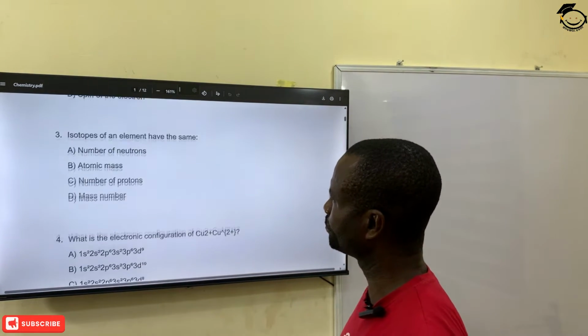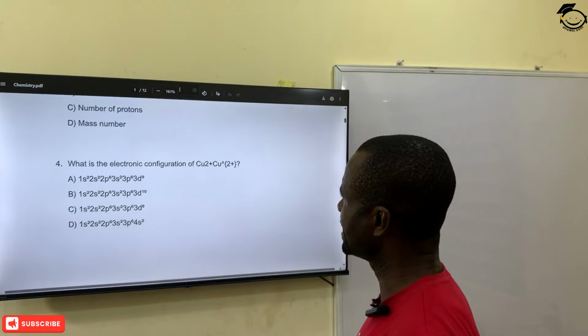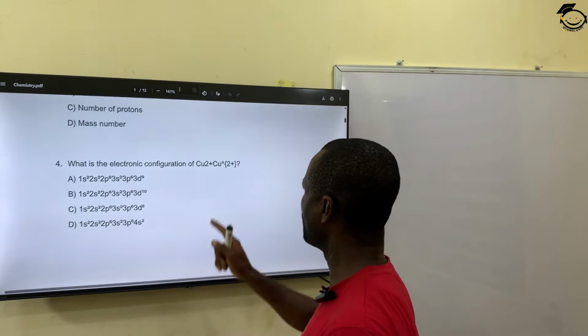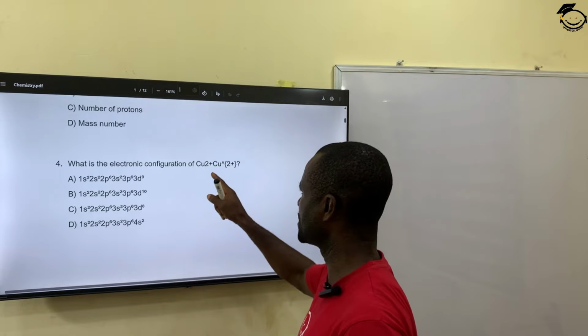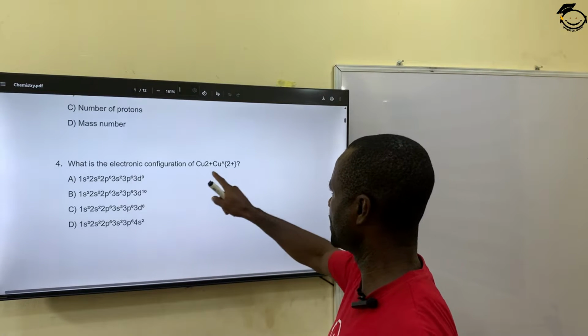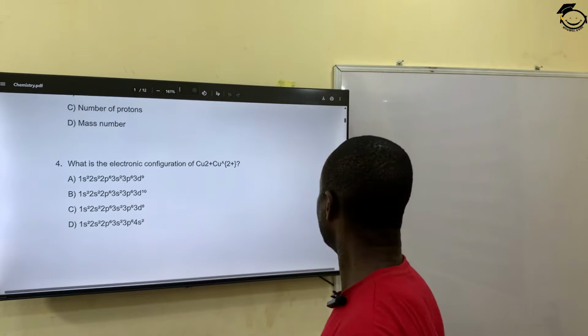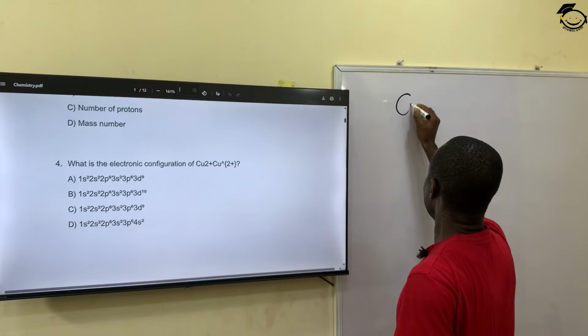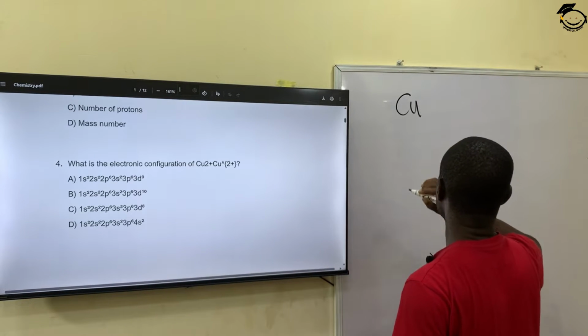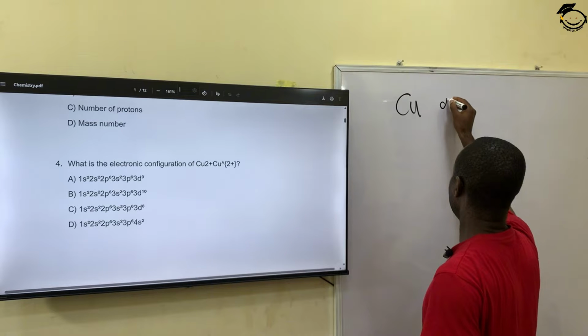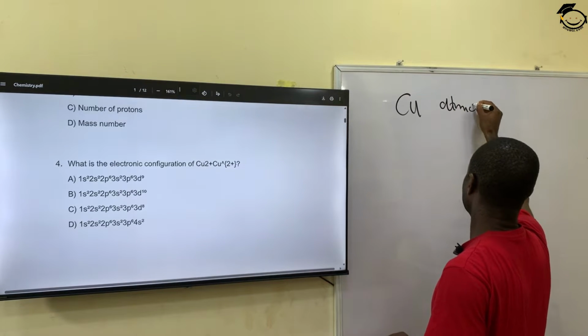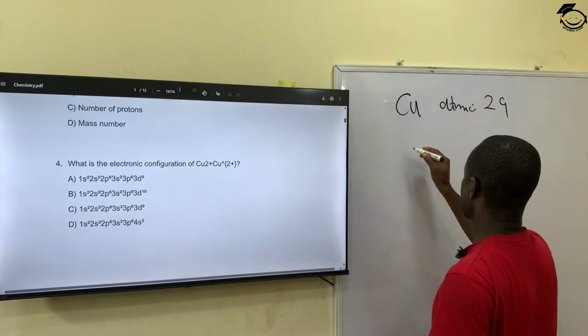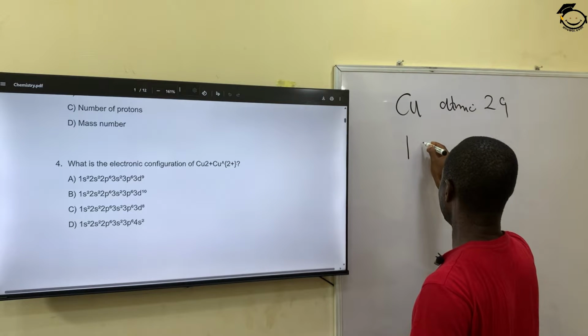Number four, what is the electronic configuration of copper 2 plus? Don't mind this error. This is supposed to be copper 2 plus. So first, copper has the atomic number 29. So you have the configuration for copper 1 as